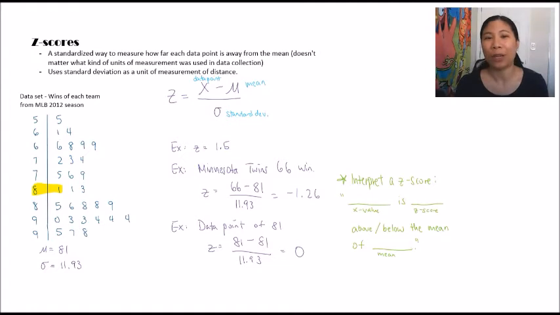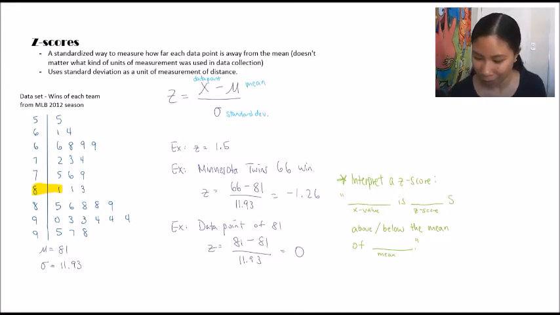All right, so one thing that we do have to do in this class is interpret a lot of things because we want to be able to effectively communicate to people what these numbers mean. So when we find a z-score, if you're ever asked to interpret a z-score, it follows the same format every time. Whatever your x value is, so if we were talking about the Minnesota Twins' 66 win number, then the Minnesota Twins' score of 66 is 1.26 standard deviations